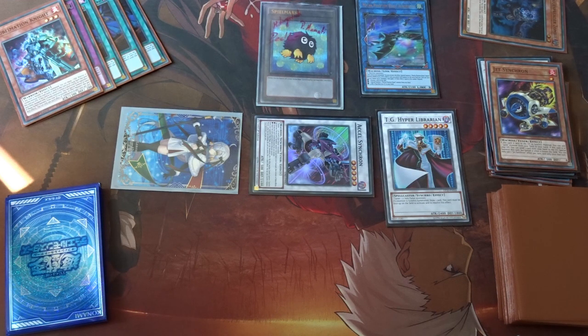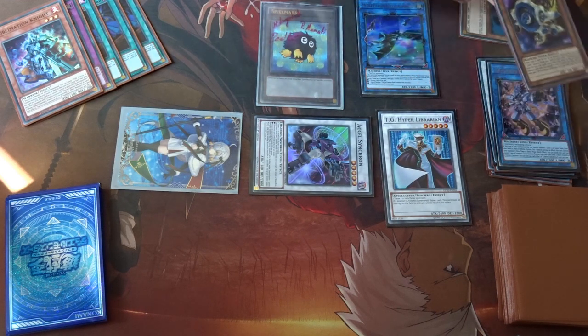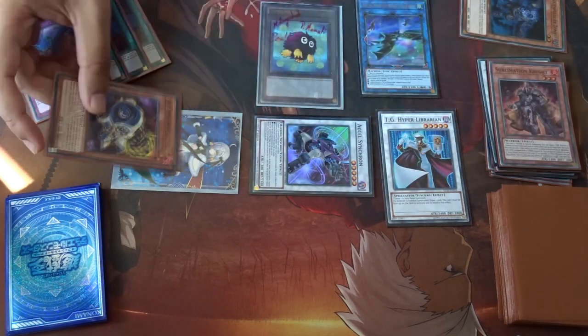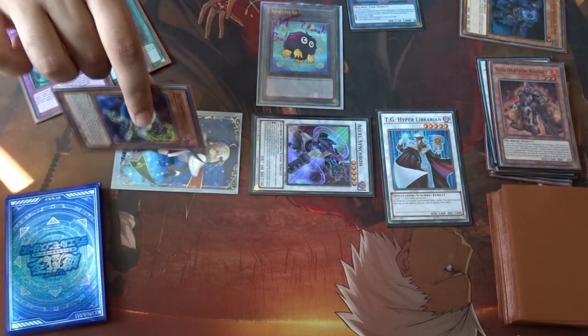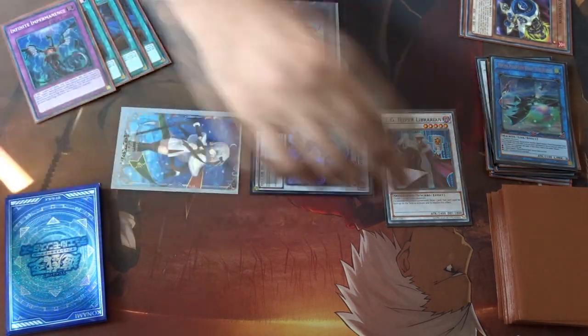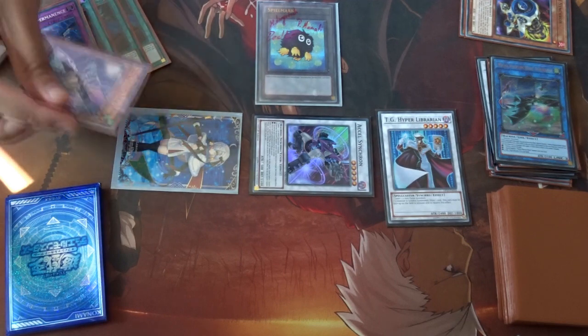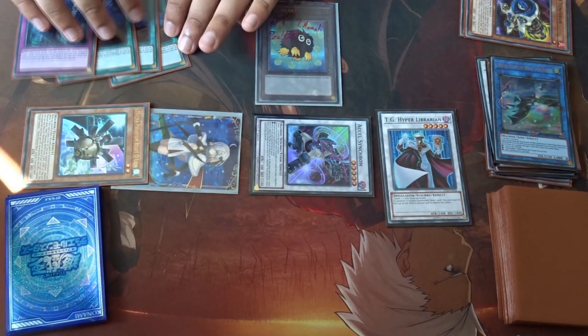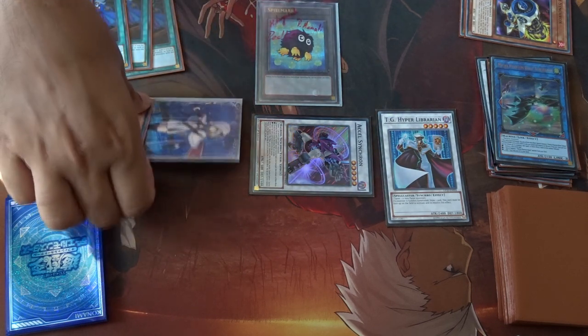Next, we will use Jet Synchron's effect, pitching the Sublimation Knight because we can't summon it this turn anyway, to summon it out, and then using Auroradon's effect, we'll tribute both the Jet Synchron and the Auroradon to summon out our Olion. We still have the 4 cards. So Olion and the token